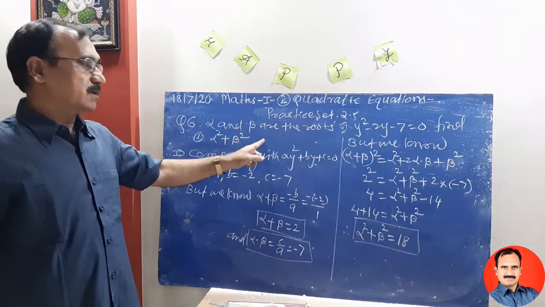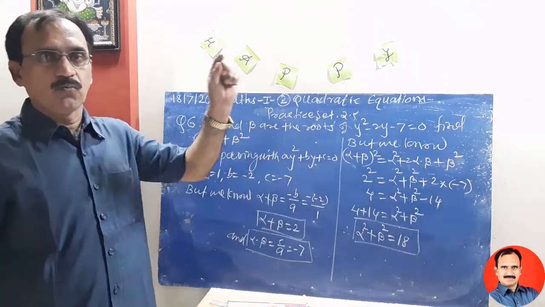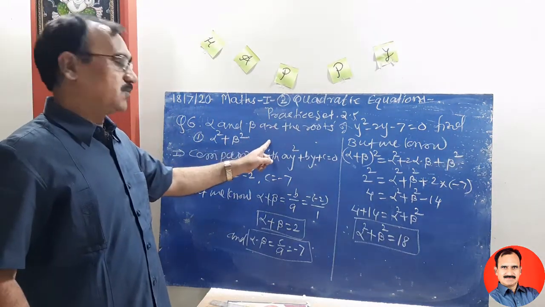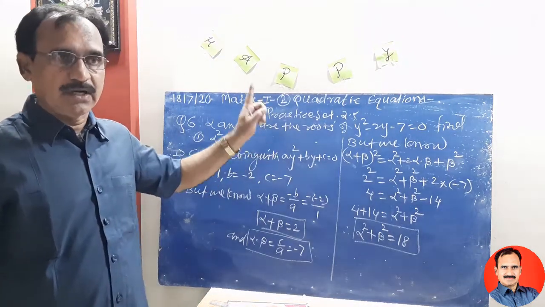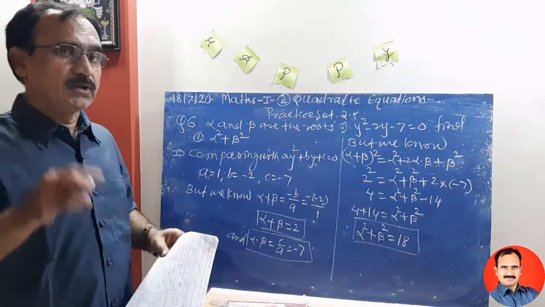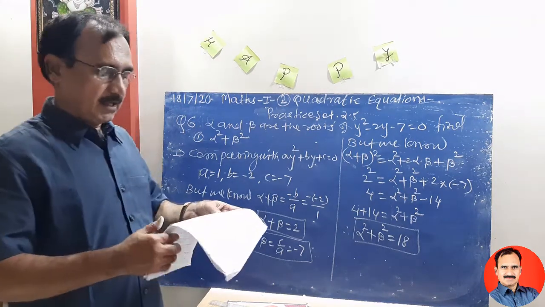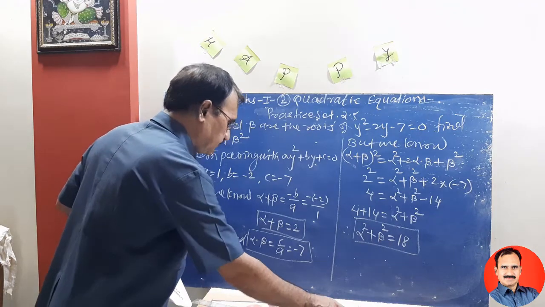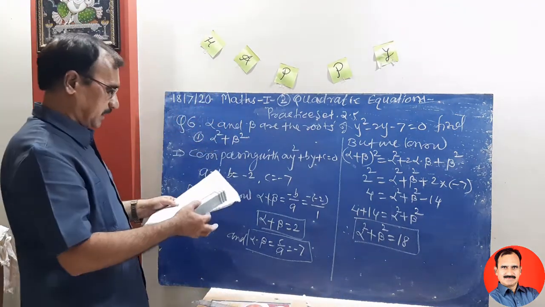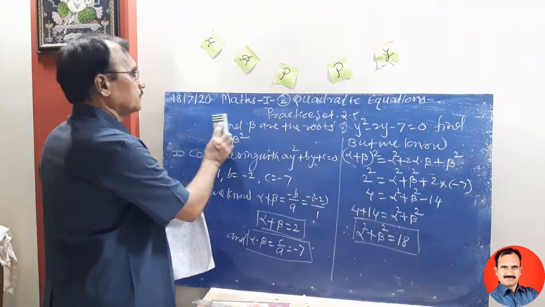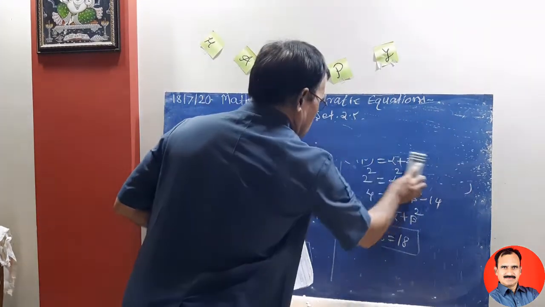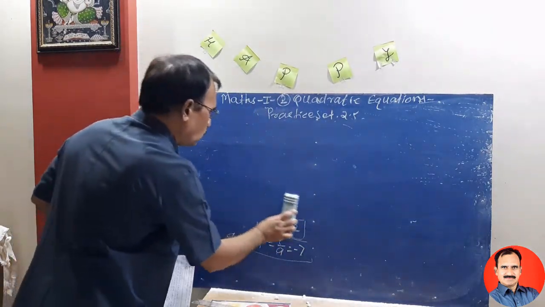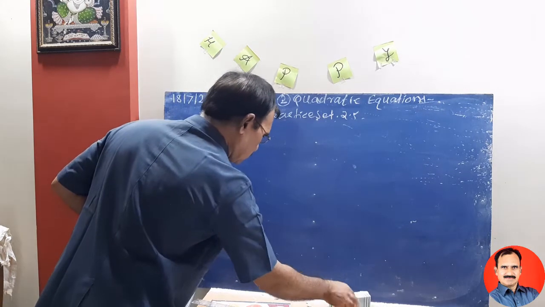Again, second one is here. Find the value of alpha cube plus beta cube. See in your textbook, in this example, the second one, that is find the value of alpha cube plus beta cube. Try to solve yourself with the help of the expansion formula of a cube plus b cube. Now one more question from the same practice set, that is question number 7. There are also 2 examples in the next question, one for yourself and one for me.